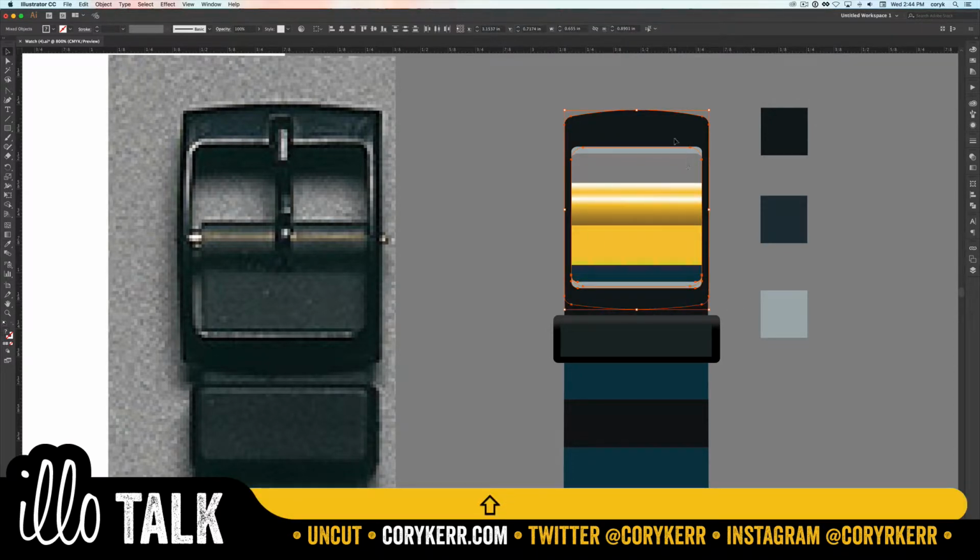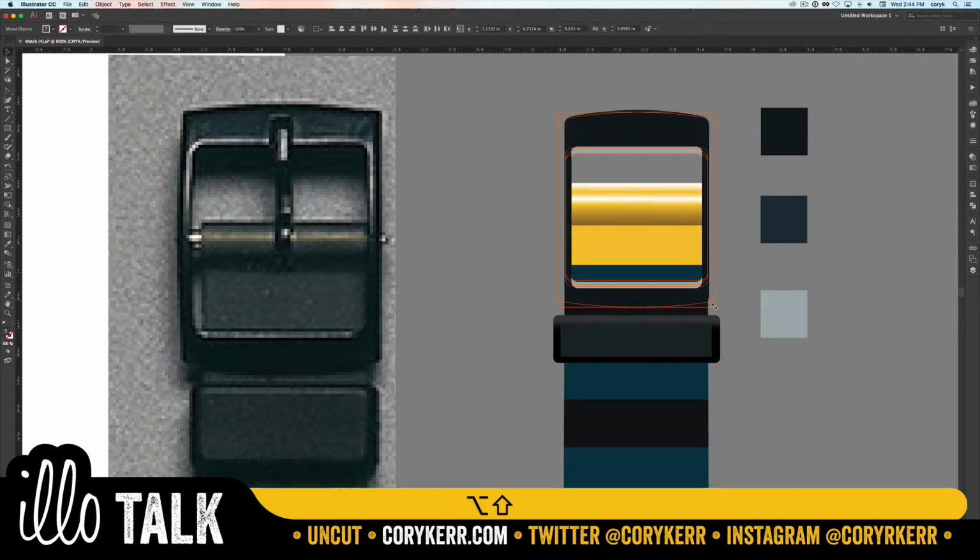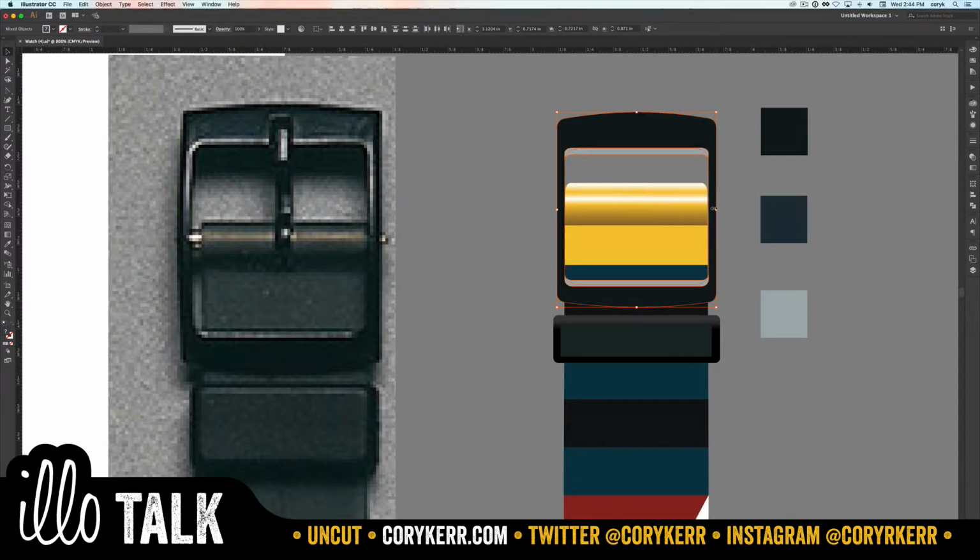I'm going to grab these three things, and I'm going to make them bigger. I'm just going to make them wider. About like that is probably good. Come in just a touch. There we go. Okay, so now we've got kind of that silhouette going on. That'll help. And then